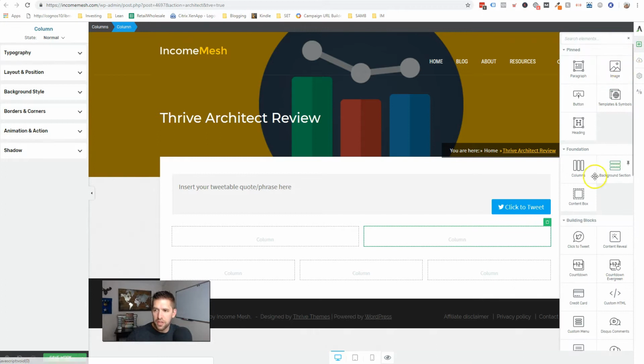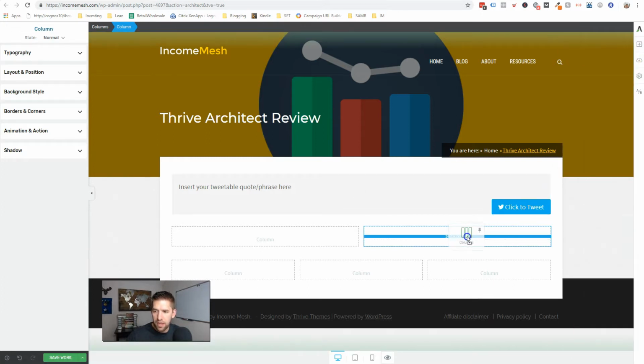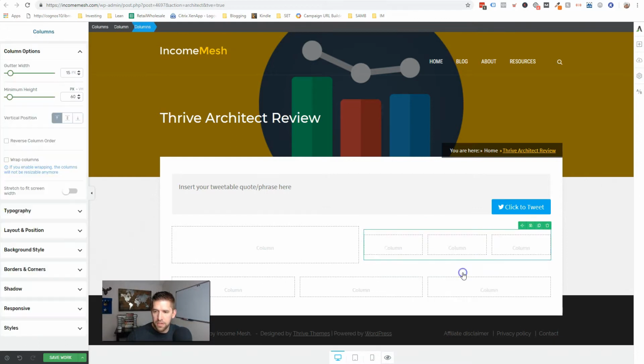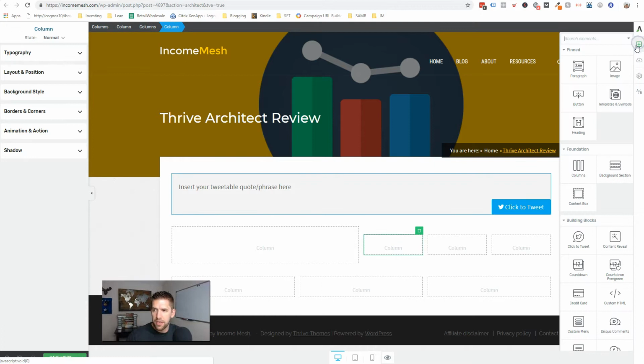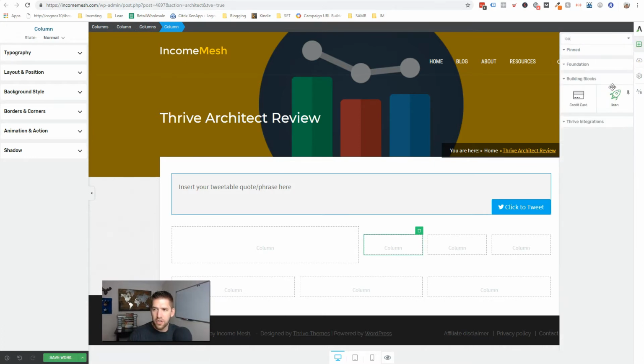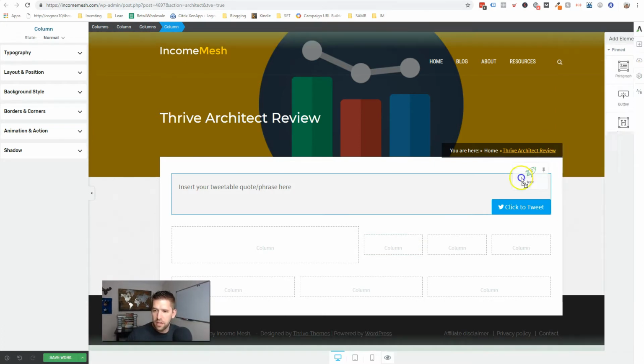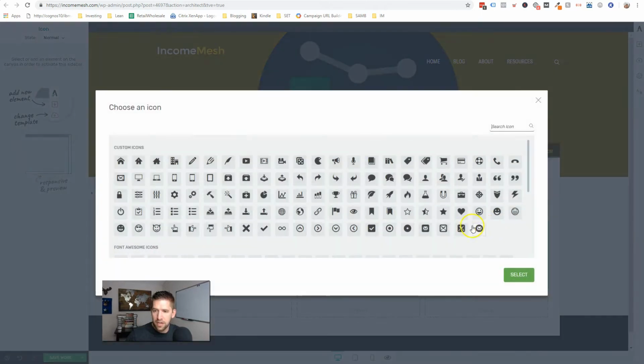Let's go ahead and show you this real quick here. So you can see how I'm inside the column. I can put thirds inside that half column, which is pretty stinking cool. And while we're here, let me just add a small image, or let's add an icon. I'll search for icon. Let's say I want to add some icons in here, and you can get brought directly to a searchable icon, or if you want to show a chart,